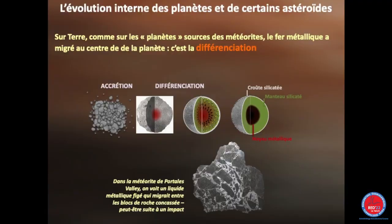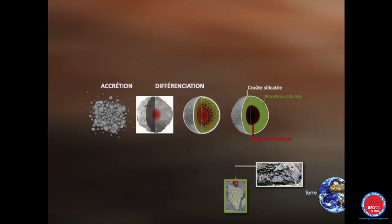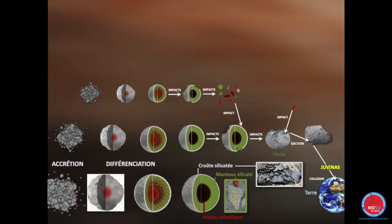samples from the center or from the surface of such planets. And then there are the planets in which melting hasn't gone to completion, and they're going to tell us more about the story of what happened in the protoplanetary disk. This is what happened with the Earth differentiation. It happened with a few asteroids where you had differentiation, and then when you had impacts, sometimes you could go deep inside the asteroid, and you could have pieces of the asteroid that would fall, or a body that was totally broken. This is how we can find pure iron meteorite coming from the center of a body that has